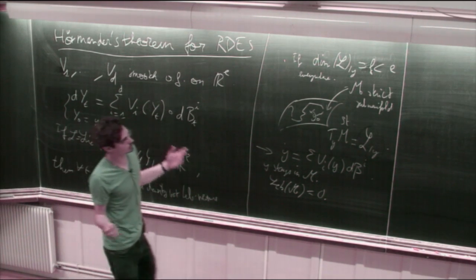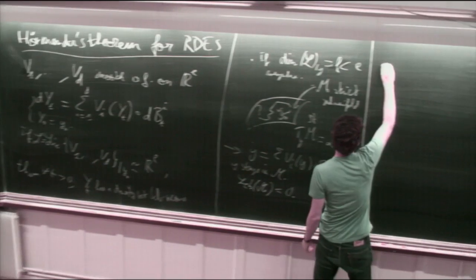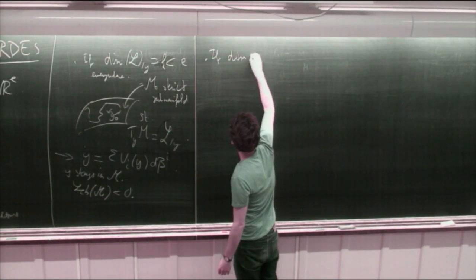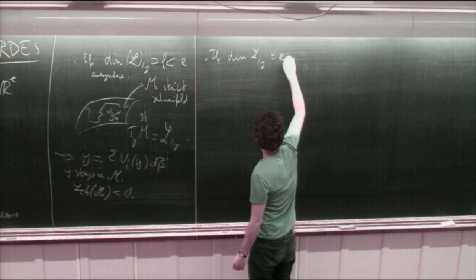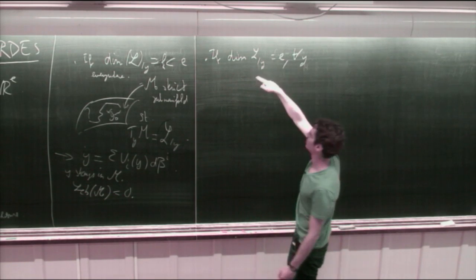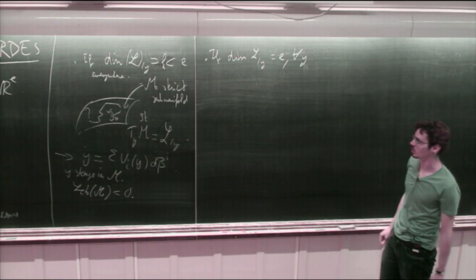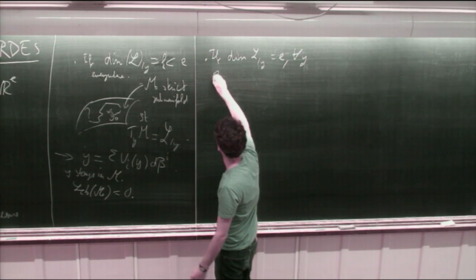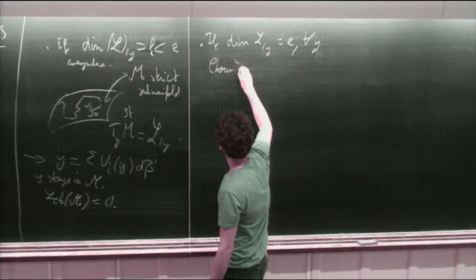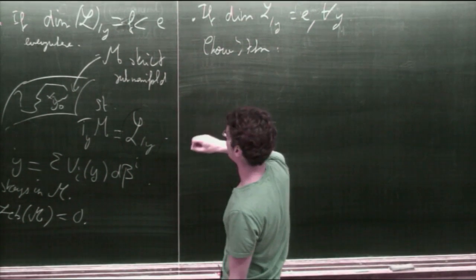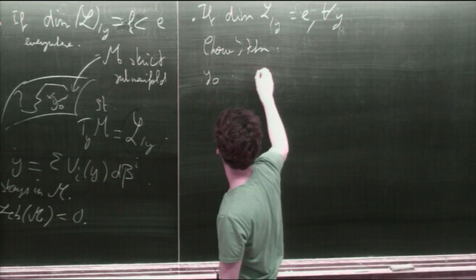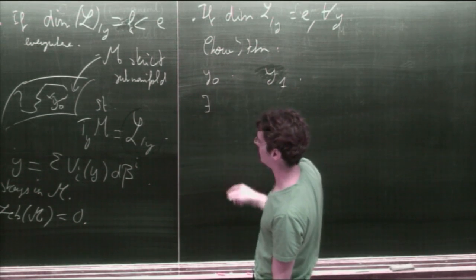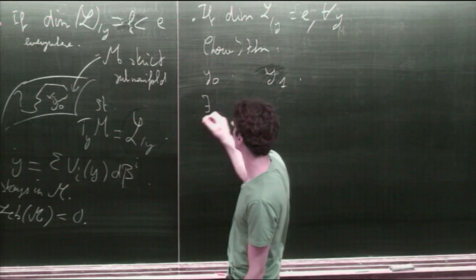And in the other direction, if, on the other hand, at any point the vector fields, the Lie algebra, spans the whole space, then by Chow's theorem, it basically says that if you start at y0 and you take another point, let's say y1, then you know that there exists, in fact, a smooth path